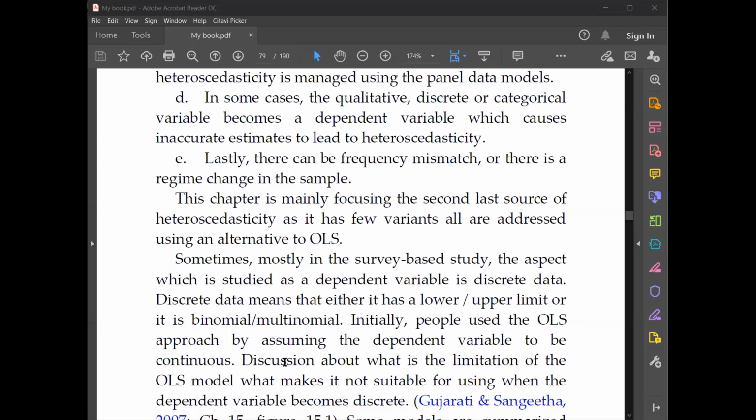And it will not give appropriate results. In the other case, if you try to convert the annual data into quarterly data, it will be an artificial approach, and it will not give us the actual nature of the data, and it will lead to heteroskedasticity. So these are a few popular reasons that may lead to heteroskedastic estimates. Okay, so